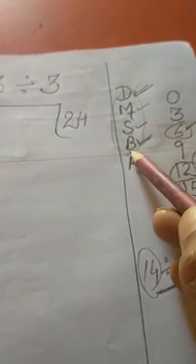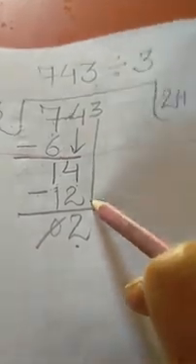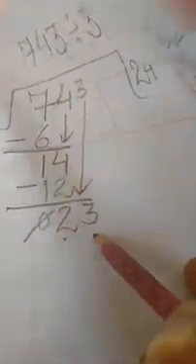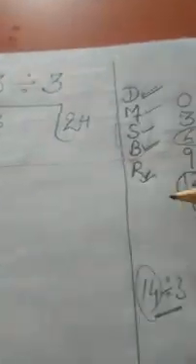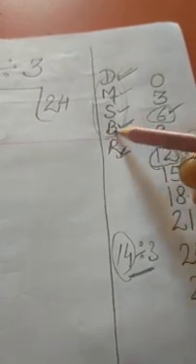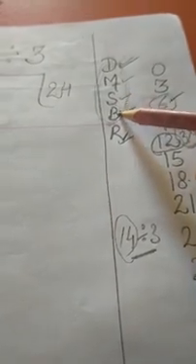Now next is repeat. Now again these 4 steps we will repeat. Sorry, after subtraction the next is B. B means bring down. Now next digit is 3, so we will bring down this digit. So it has become 23. After that, next step is repeat. Now we will repeat all these 4: firstly division, then multiplication, then subtraction, then bring down, then after that repetition of all these 4 steps. Now first step is divide. Division is there, means 23 will be divided by 3.